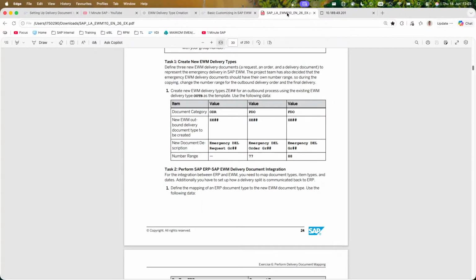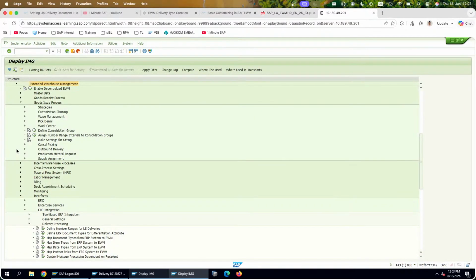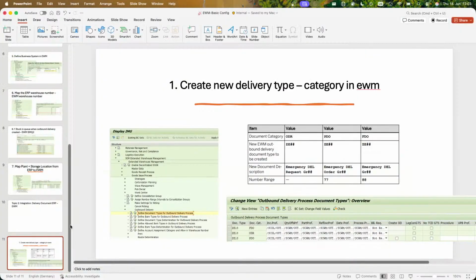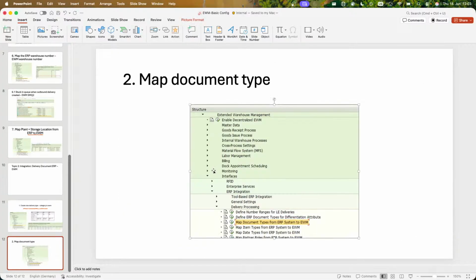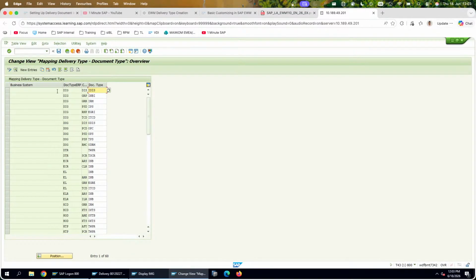Moving on with the exercise. Sorry, I think with this documentation it will take longer, but I believe this is the right rate for me to review all the configuration steps when preparing for the certification, or at least in projects when I forget something. I can also resort to this documentation. So I'm going to map the document type. Map document type. So this is the path, and how the transaction could look like is we have a business